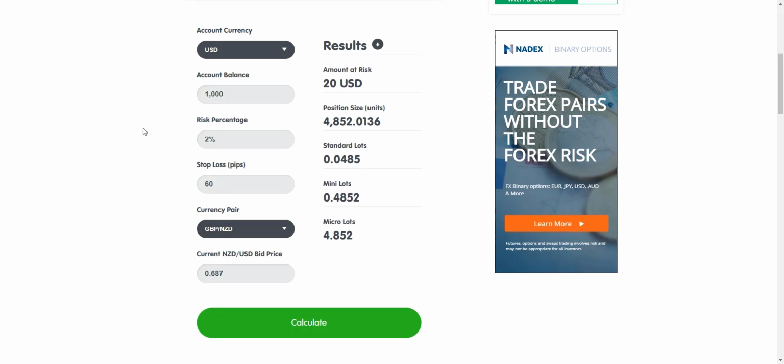So make sure you guys consistently use a position size calculator, whether it be Baby Pips or my FX book. Position size calculator is huge, and it is